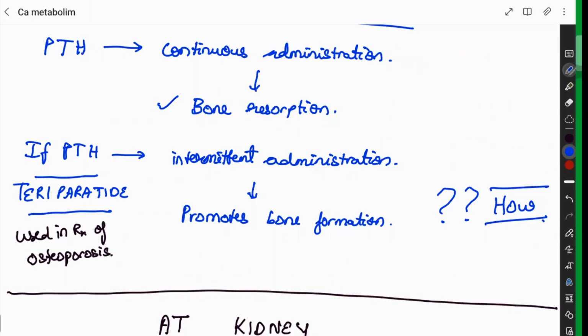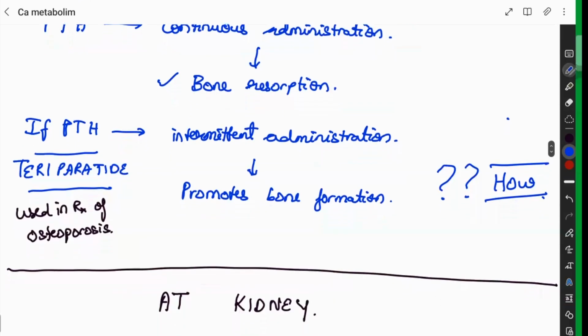So what happens when given intermittently? When you give PTH intermittently, what happens to the level of calcium ions? The calcium ion level increases. Then what happens when hypercalcemia occurs in the body? Hypercalcemia will lead to a feedback mechanism. Because of it, it is going to promote bone formation whenever there is an excess of calcium in the blood. So when you give it intermittently, it is helpful in bone formation rather than bone resorption,